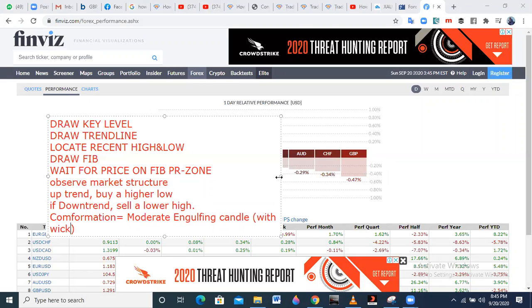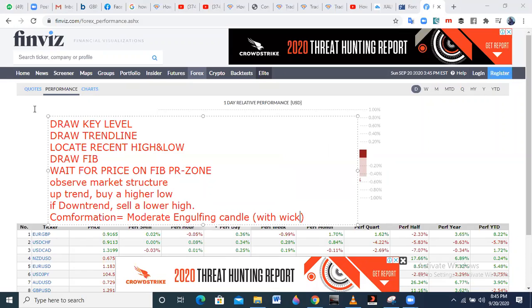So this is my own, and these are the things I check. If I take a trade without observing all of these things and I lose that trade, then I messed up. So the idea is, this is your checklist. You check them one by one, and then when you take your trade,